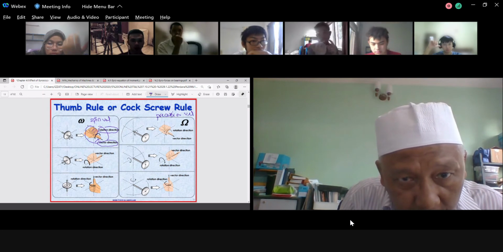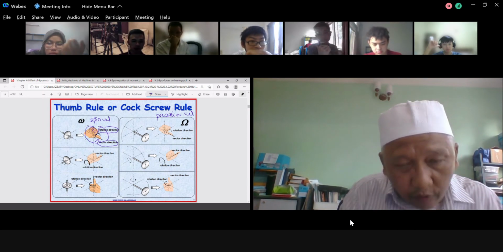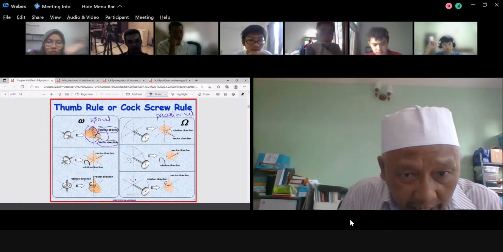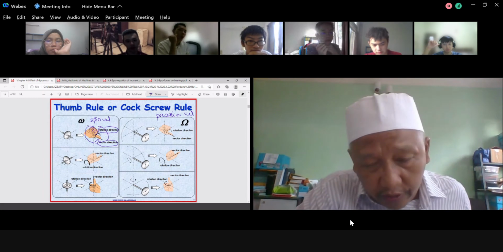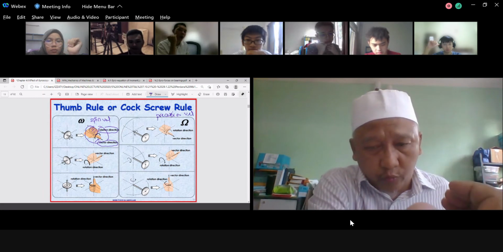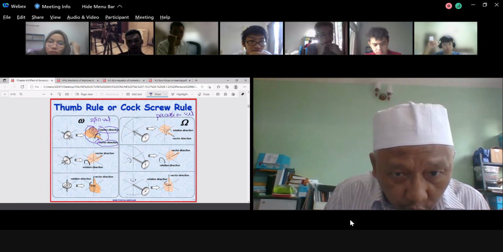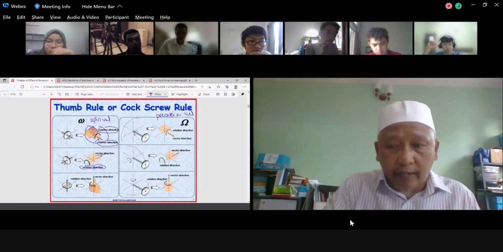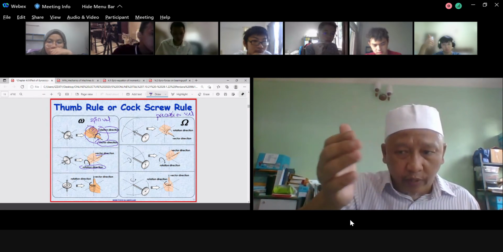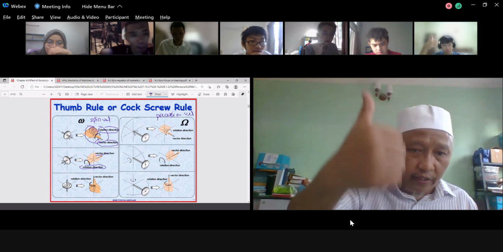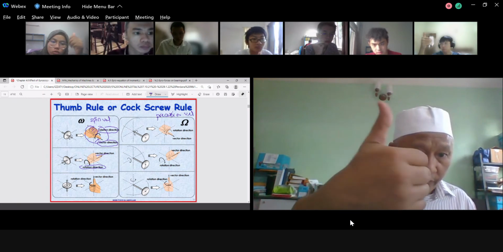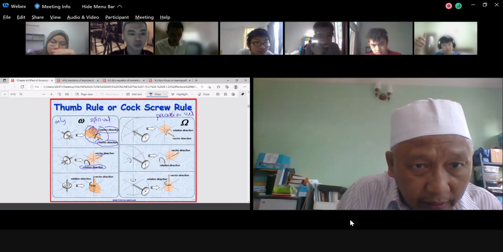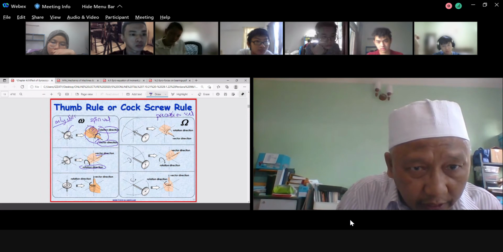Then your fingers, for example, are pointing inward of your screen. So this is your thumb, the direction of the vector, and this is the direction of rotation. And pointing upward is easy to see. This one you have the direction of vector and direction of rotation. Okay, look here. We are focusing only on this.